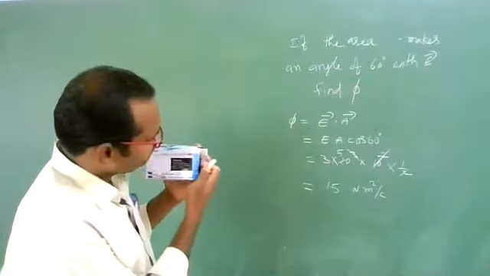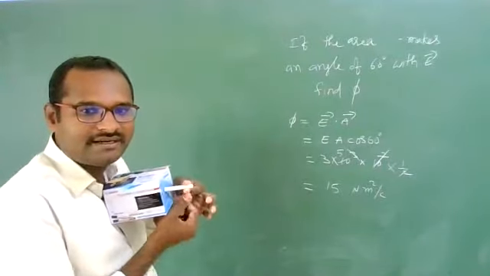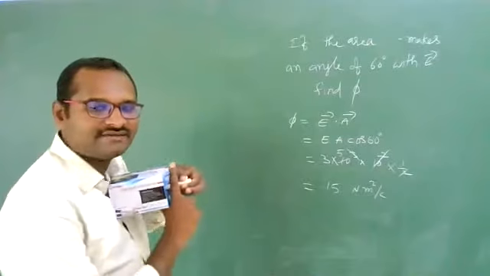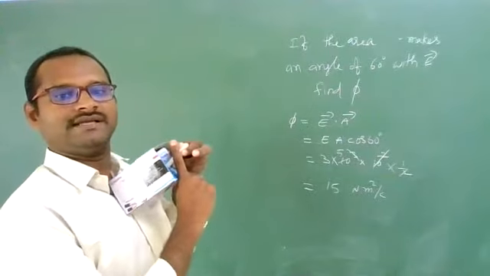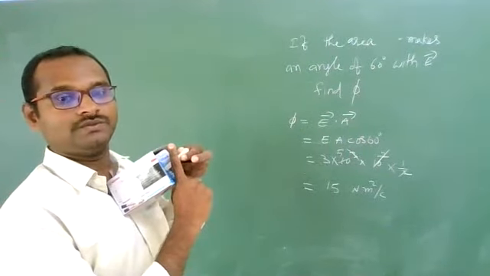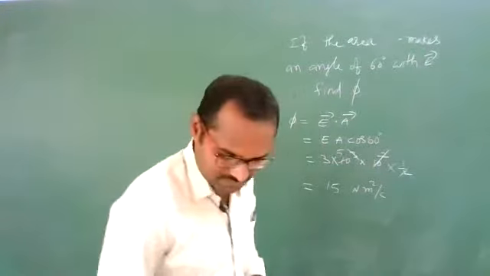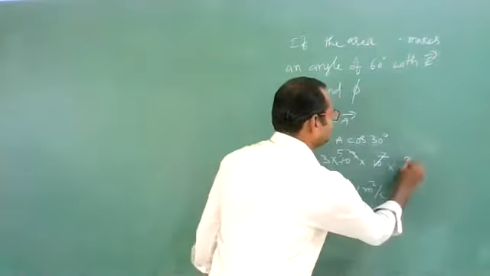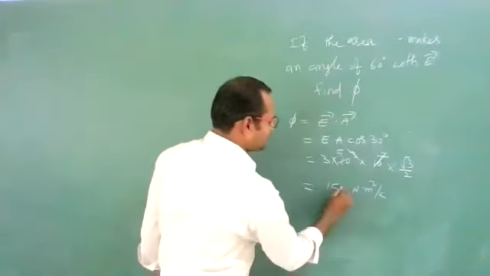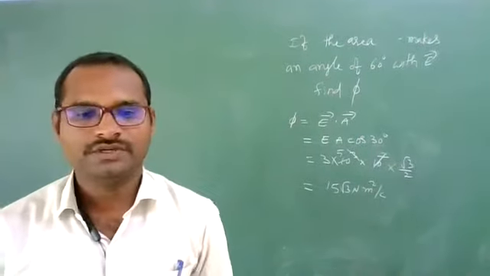Imagine this box is area and this is the area vector of that one. Let us suppose electric field is like this. My finger is electric field. Angle between these two is 90 degrees. Now, let us suppose this area is making some angle. Then area vector is making some different angle, no? What you need to do is subtract from 90, and you will get the required answer. So here you will get 30 degrees. Cos 30 is root 3 by 2. Everything calculations are correct. So 15 root 3 is the answer. I hope you understand it clearly.